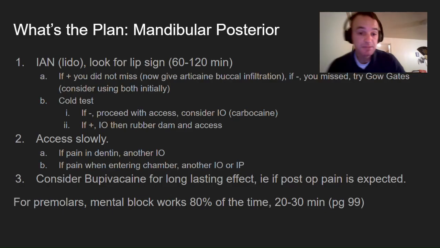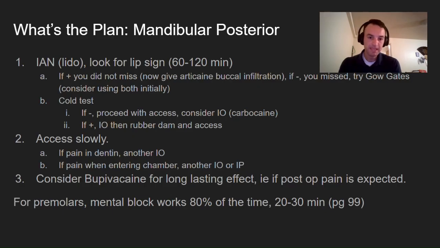Once I have the lip sign, I'm going to test with a cold test. I'm going to make sure that they have pulpal anesthesia. If they do, I'm good to start. I'll access, but I'll access slowly. And I'll keep an IO ready, and maybe I'll even use an IO before I access if I'm worried about them. Maybe they're a high anxiety patient or